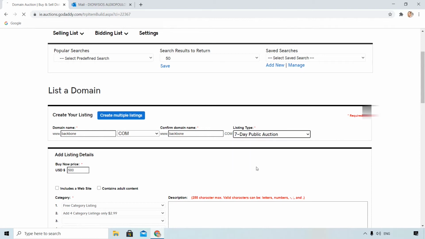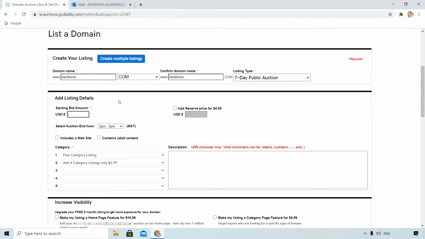And 7 day public auction is an auction where you can set a starting bid amount, and whoever bids the higher amount at the end of those 7 days wins. You can also add a reserve price. That means that your domain will not be sold under that price. For example, if someone offers $100, the domain will not be sold.